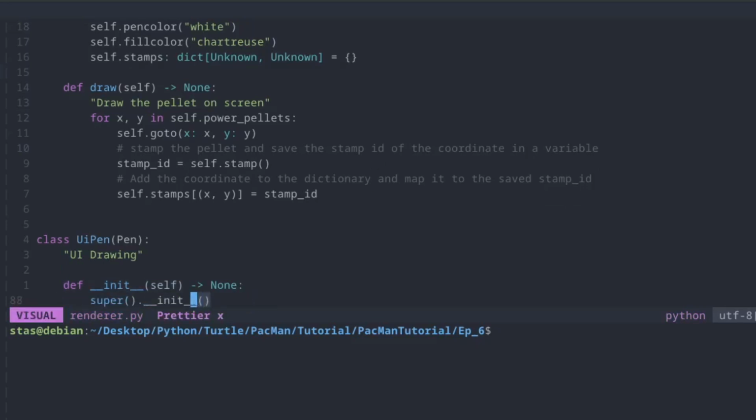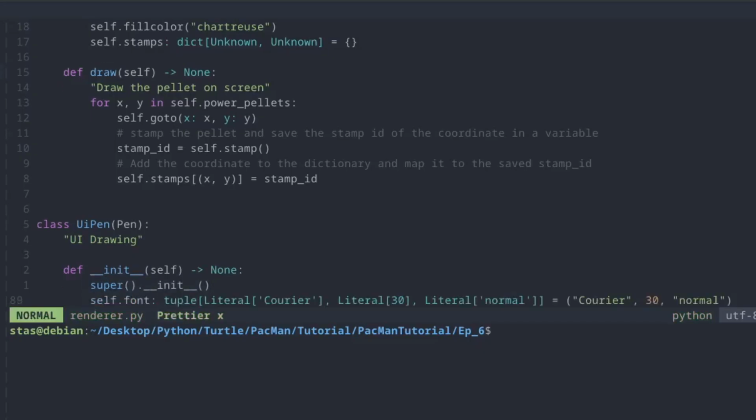Inside this function, we call the parent class constructor, super().__init__(). This sets up everything inherited from Pen, just like we've done in the other classes. Then we write self.font = ("Courier", 30, "normal"). This line defines the font we'll use when writing text on the screen. Courier is the name of the font, 30 is the font size, and normal means the text will appear regular,